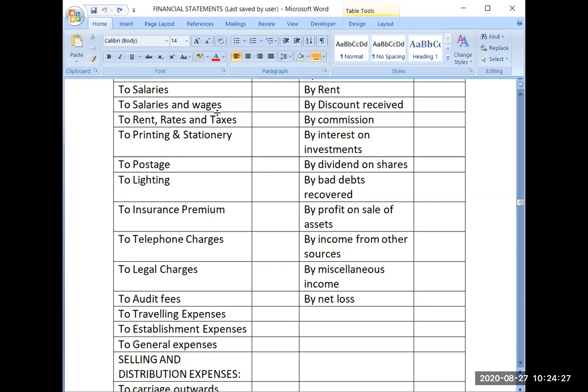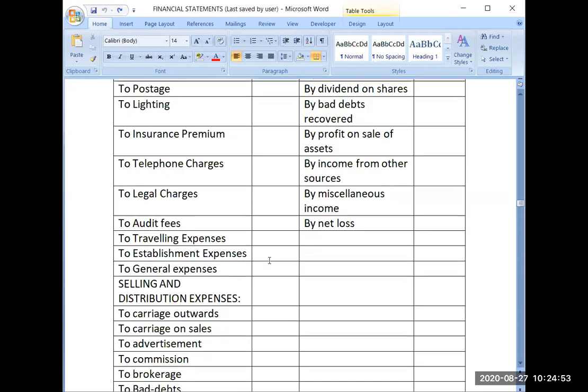So now the meaning of audit is clear, and I hope simultaneously the role of the chartered accountant is also clear, which is a bright and topmost career for commerce students. The chartered accountant will also charge you fees, and that fee is known as audit fees. Traveling expenses: in business you have to travel a lot.